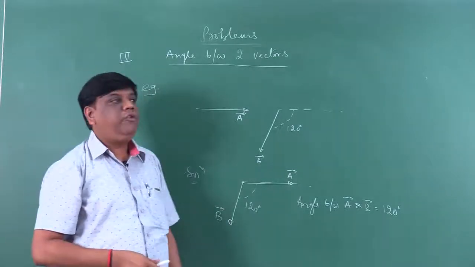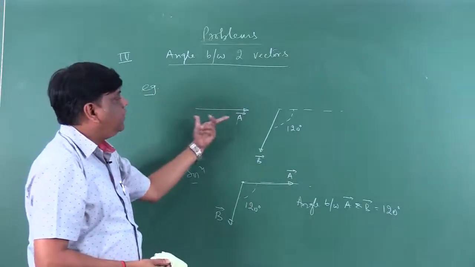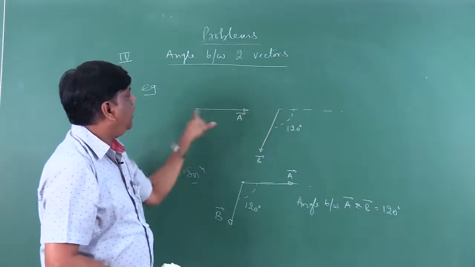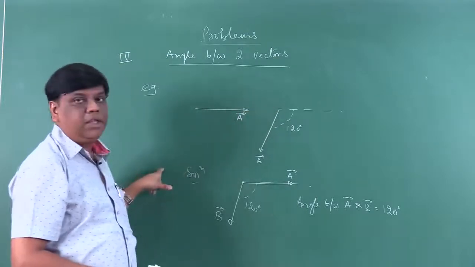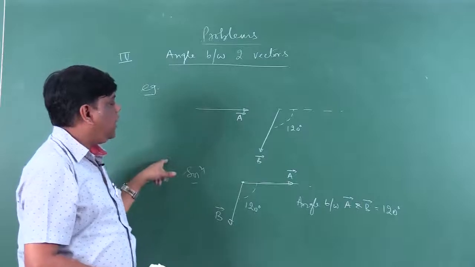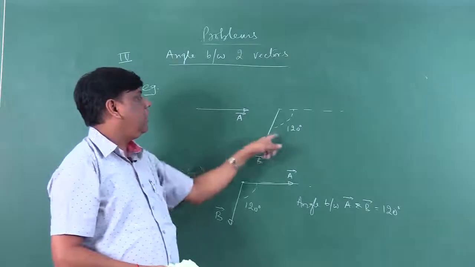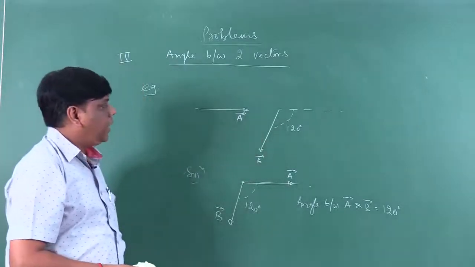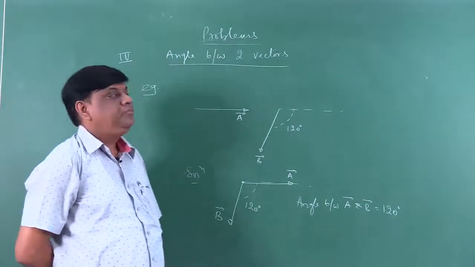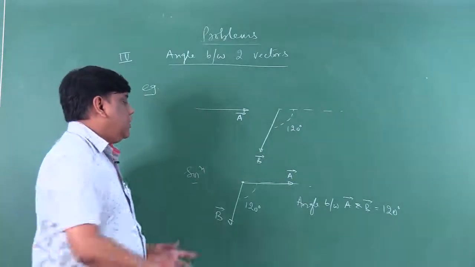Other way what we could have done, we will keep a as it is और b को उठा के इस axis से इतना एंगल में रख देंगे, तो भी a और b का क्या होगा, tail coincide कर जाएगा और एंगल कितना आएगा 120।